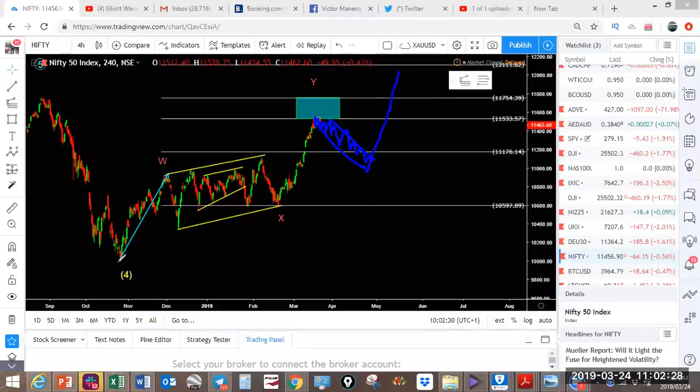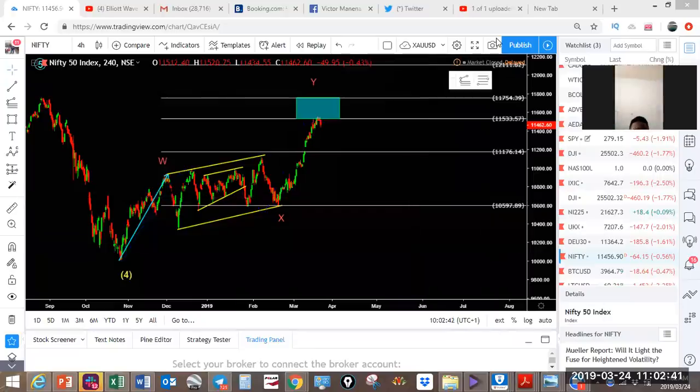Okay, so that's what you're looking at. You've got a 1, 2, 3 waves up. You need to get a pullback in 3 waves as well for it to continue with a move to the upside. That is the Nifty. All right, so that's it with the cryptos and the indices. Now let's look at the